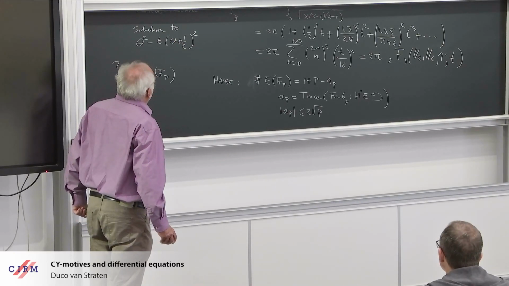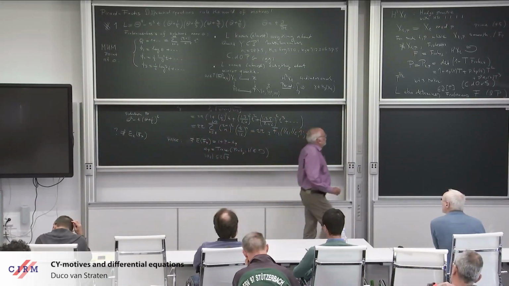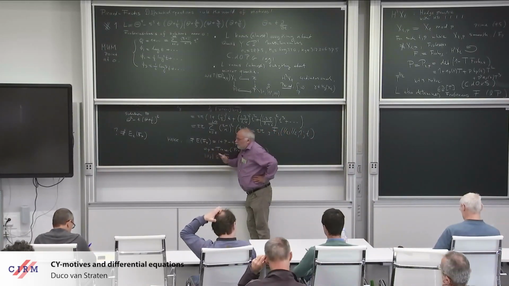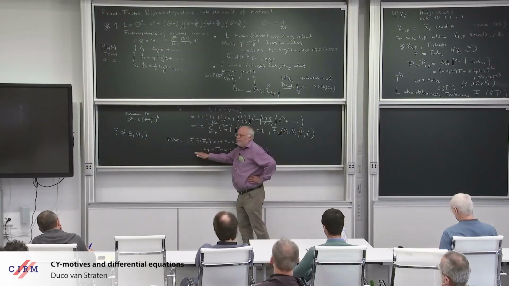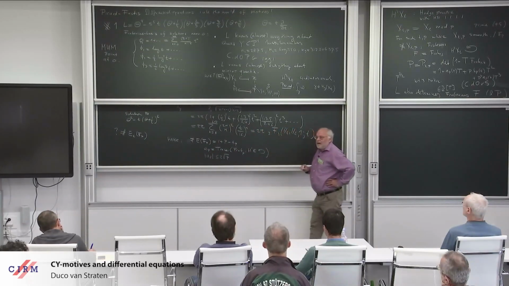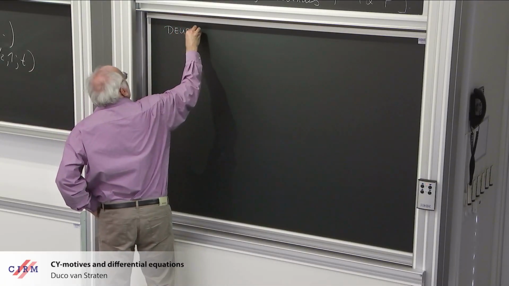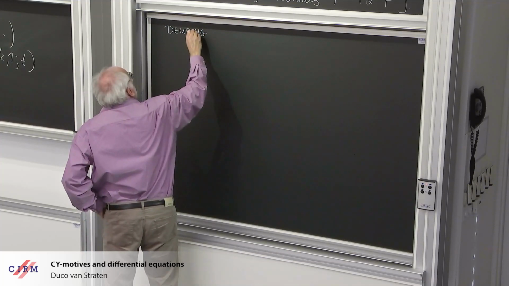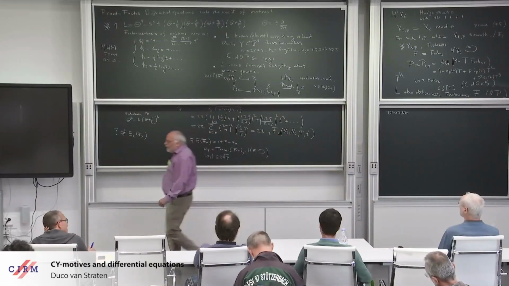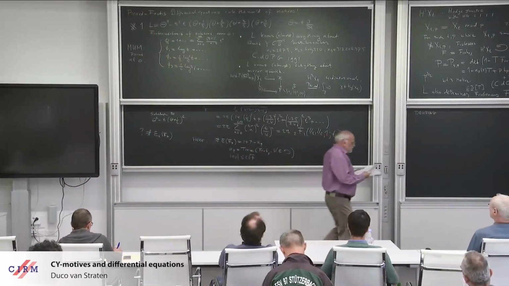So we have this inequality, and then there is the question of how to determine this a_p. In fact there are formulas for specific elliptic curves for this a_p already in the work of Gauss. But then there was a nice formula by Deuring, the German mathematician Deuring, which is saying that